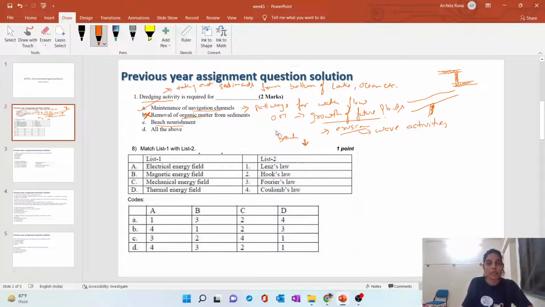And whatever organisms feed on this beach sand are also going to get malnutrition, or they will not get their food. For that, over time, what we do is we take the sediment out